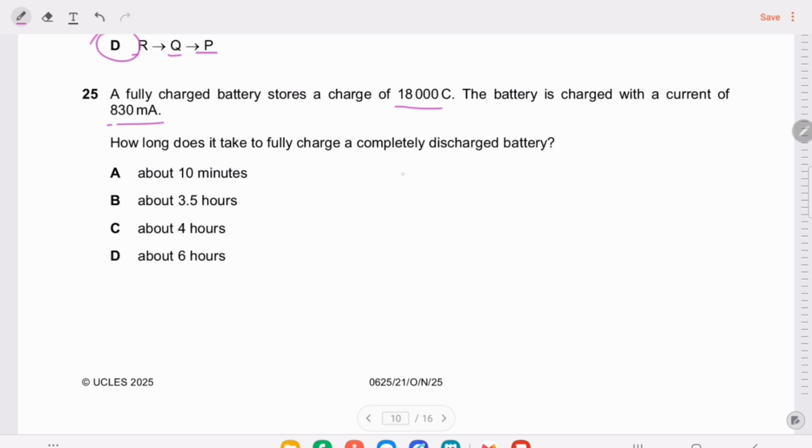So we know the formula is Q equal to IT. Q is what? The charge, that is 18,000. Then the current is 830 milliampere. So let's convert it to ampere. So it becomes 0.83 ampere. We need to figure out the T. That is what how long means, you need to check out the time. So T is equal to 18,000 divided by 0.83, which will give me